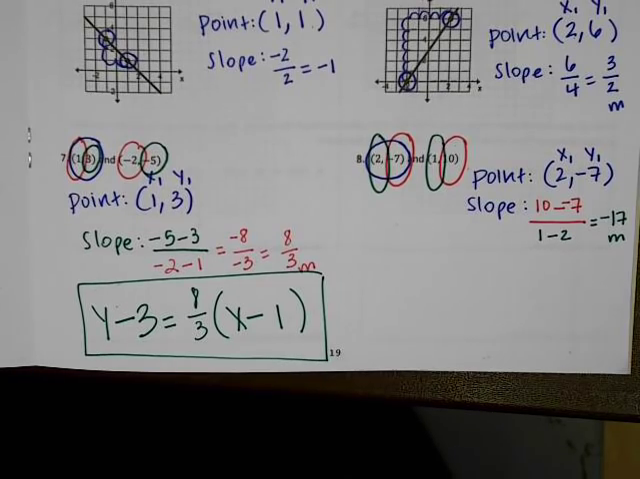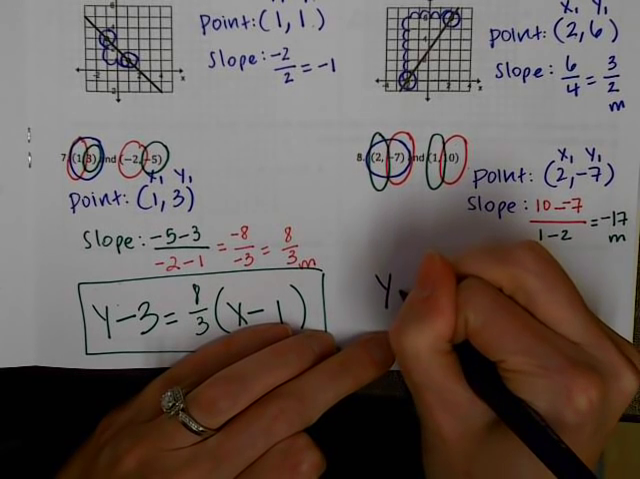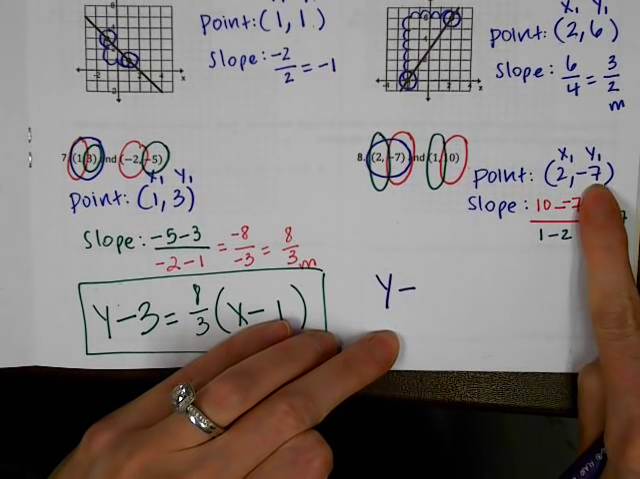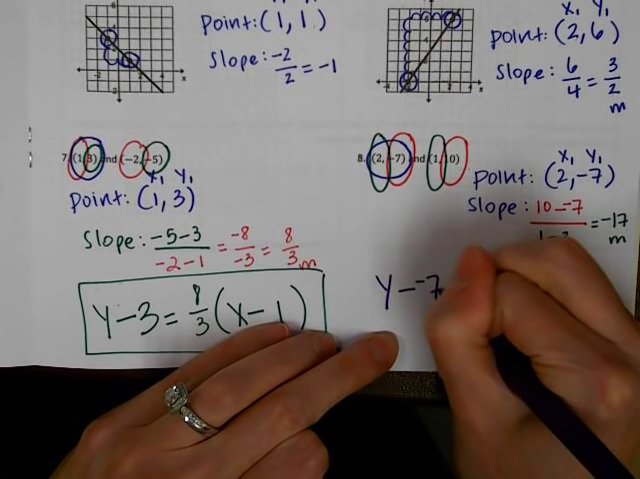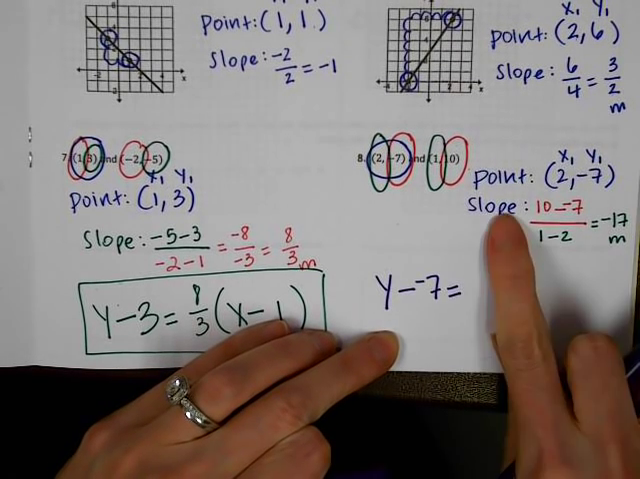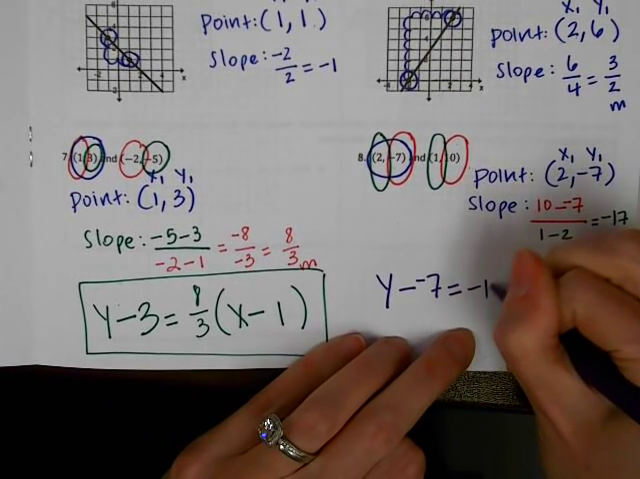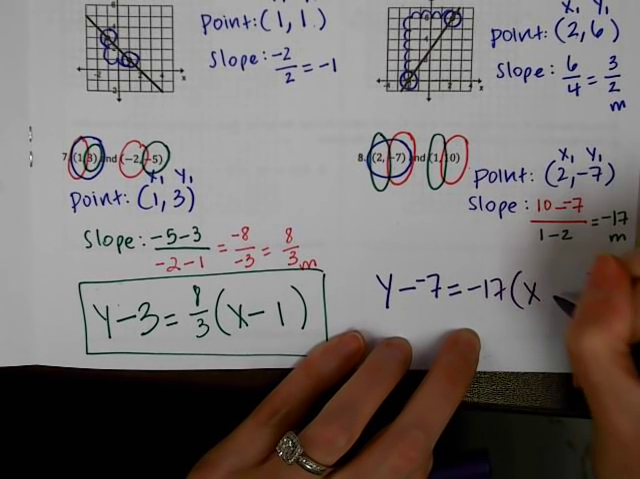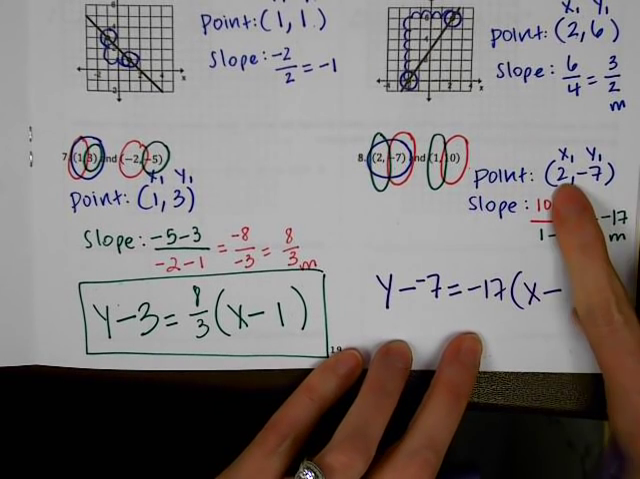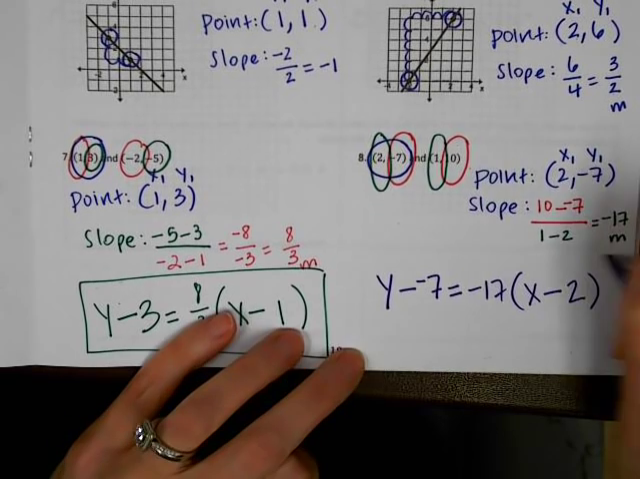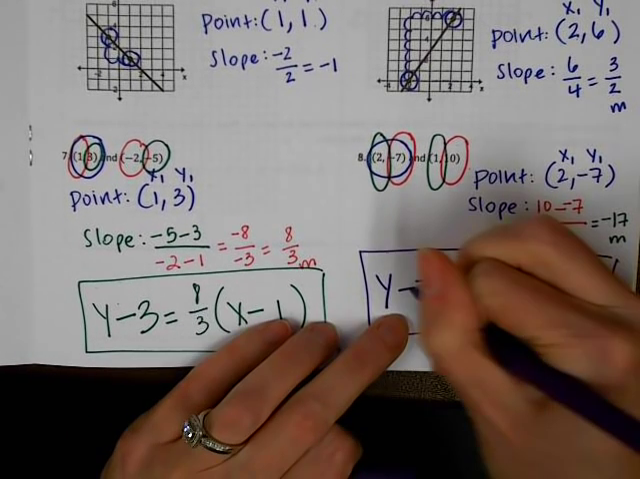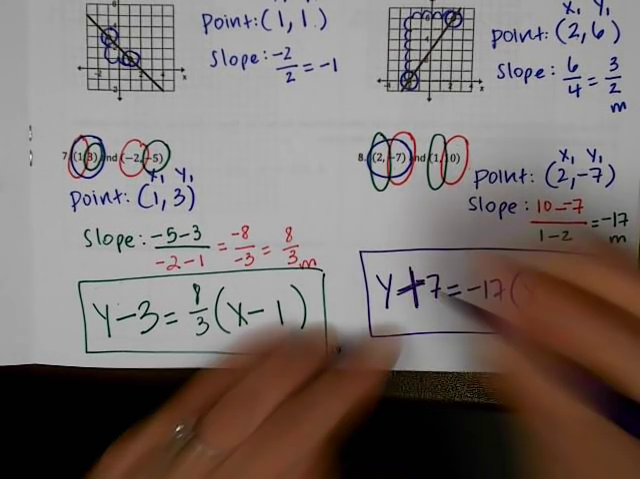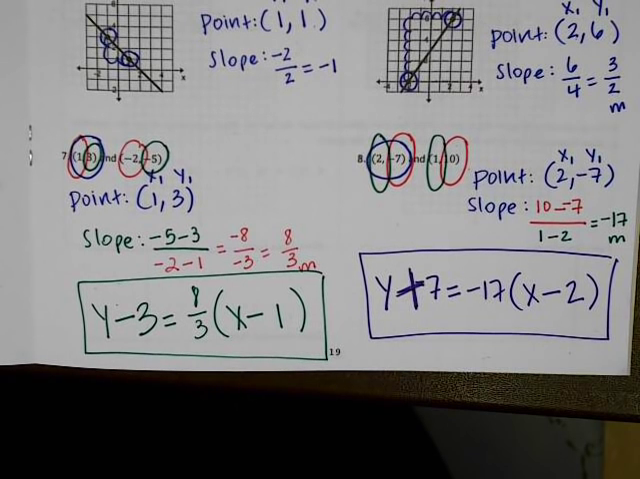Okay, let's do it. If we plug everything into the formula, it's y minus y1, so y minus negative 7, equals m, which is negative 17, times x minus x1, which is 2. And you get to stop here. If you want the minus a minus turned into a big plus, that's even better, but that's it. Okay, so that is point-slope